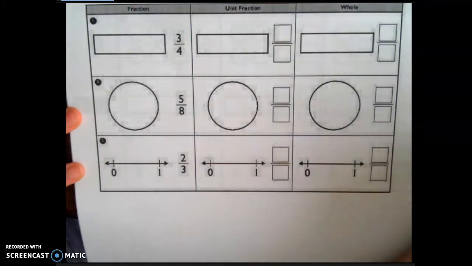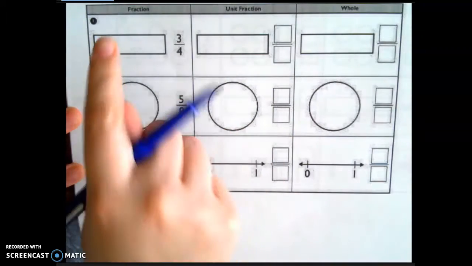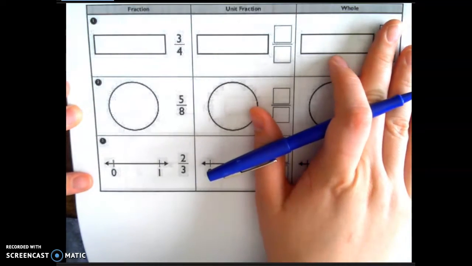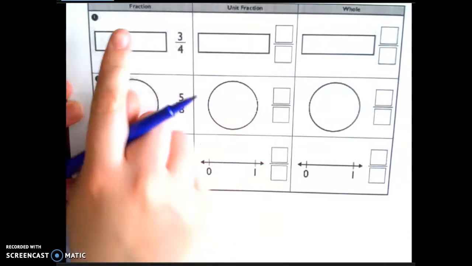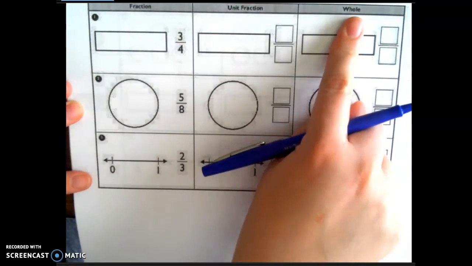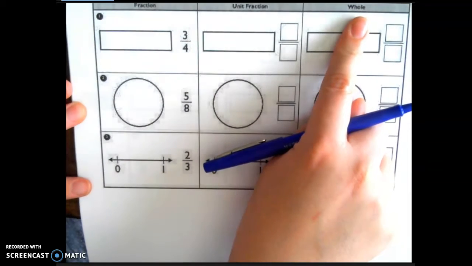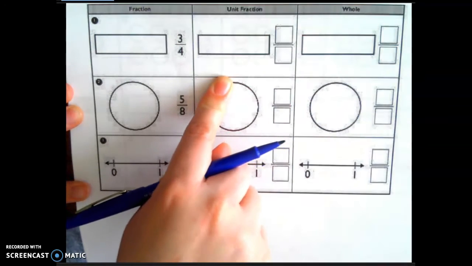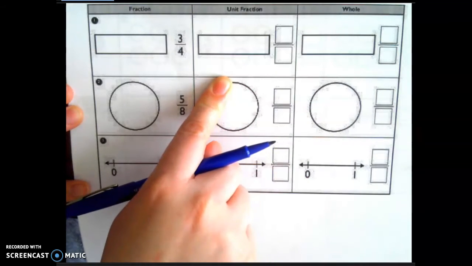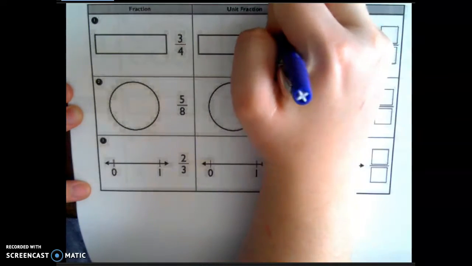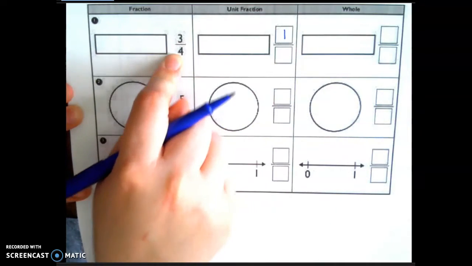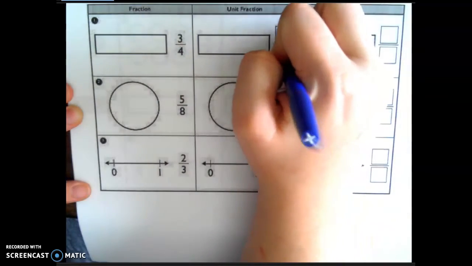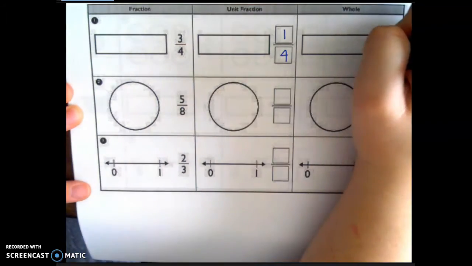Okay, for this first activity, I am going to demonstrate how you're going to do this, and then you're going to do something very similar by yourself on the next slide, okay? So they want you to do the fraction, the unit fraction, and the whole. A unit fraction is one part of your fraction. So a unit fraction is going to have a numerator of 1. One part of my fraction of 3/4 would be 1/4, okay? My whole would be 4/4,